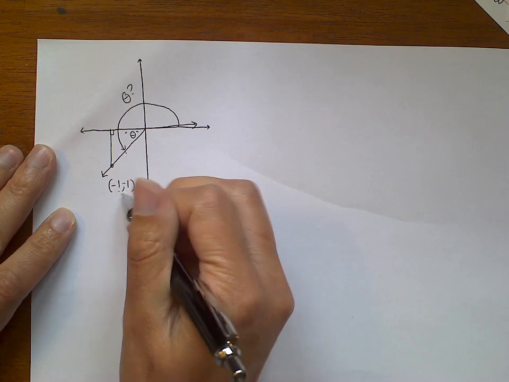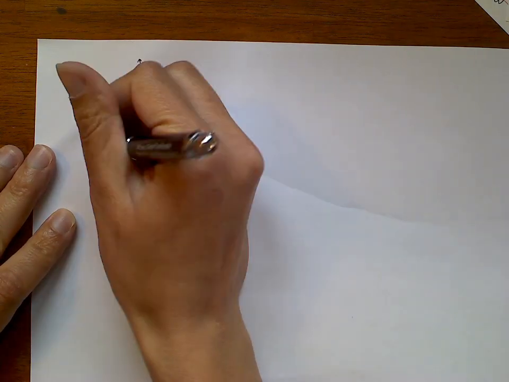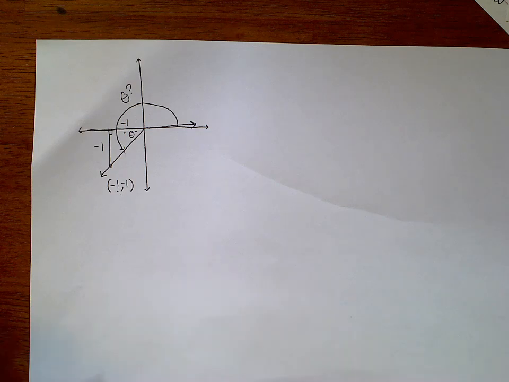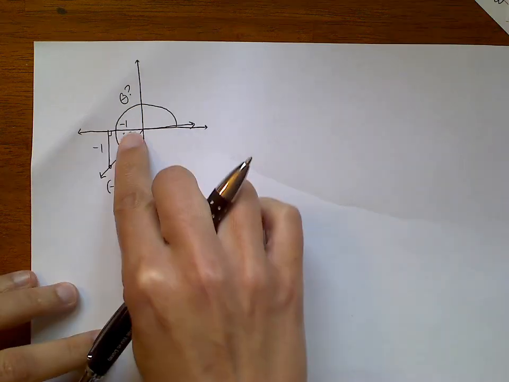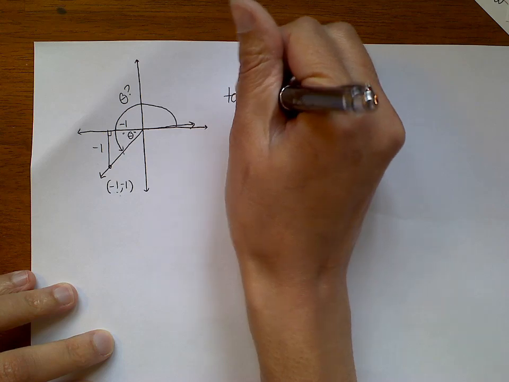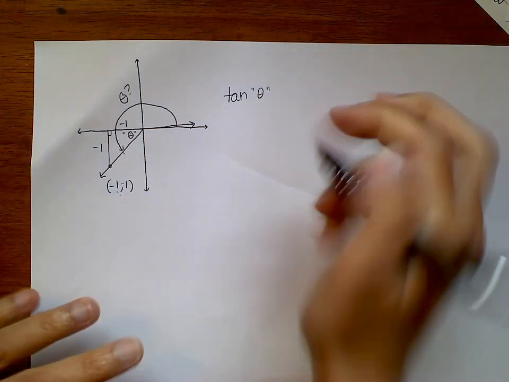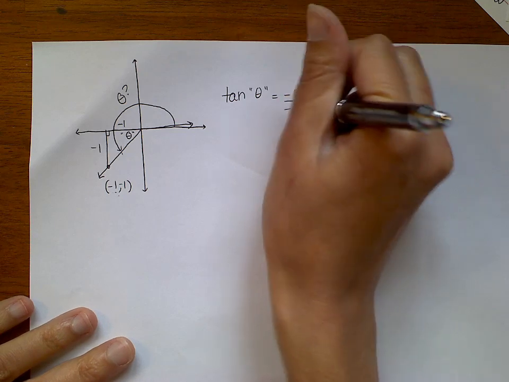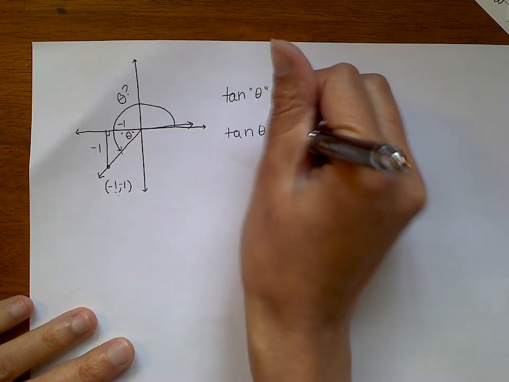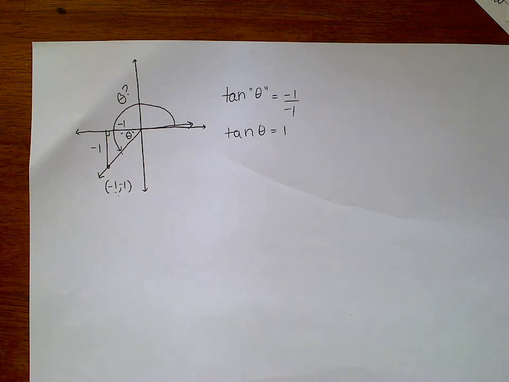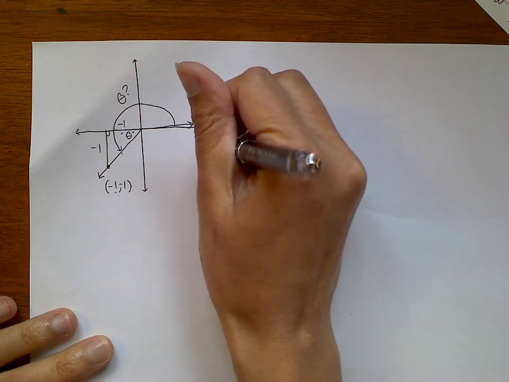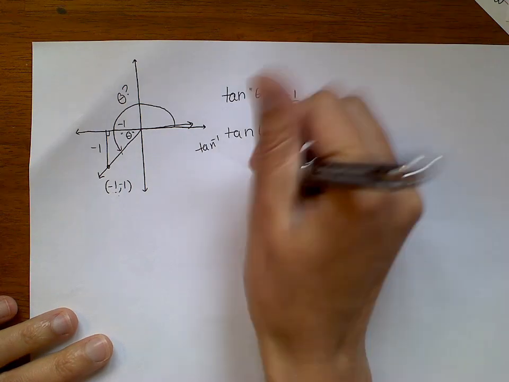And down here they're telling me the point that I traveled to, so I went -1 this way, -1 that way, and so the easiest way to do this problem is to use tangent because I have opposite and adjacent. So tangent of kind of theta is equal to -1 over -1, which is just 1. And like if I want to know theta at this point, I kind of have to use the inverse function. And it would be really nice if I didn't have to use the inverse function, if I could just know what that is. So because I have to do tangent inverse on both sides to get theta alone,